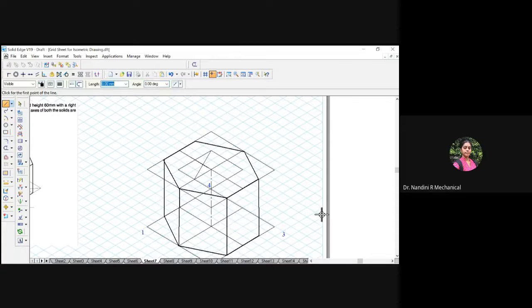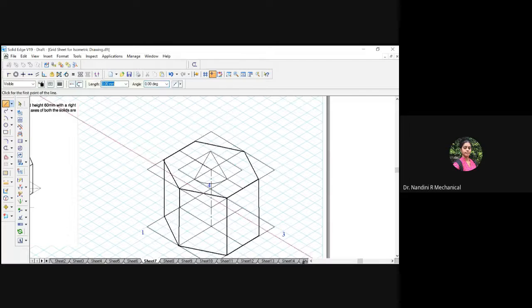Similarly, from the corner, you will just join to the midpoint. After that, you will take an arc by center point. So this is the end point. From the end point to here, the radius, you will just draw an arc.